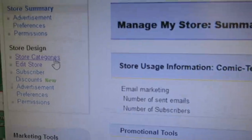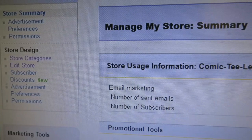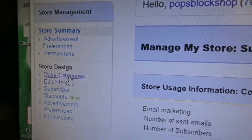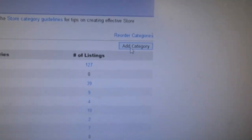I had this question before, how I have all the categories in my eBay store. So you just got to find the manage store option here, and then that will bring you back to where I just was. 100 meg speed internet. There we go. And store categories. And then I'm going to click on Lego. Here they all are. And then I'm going to go to add category here,